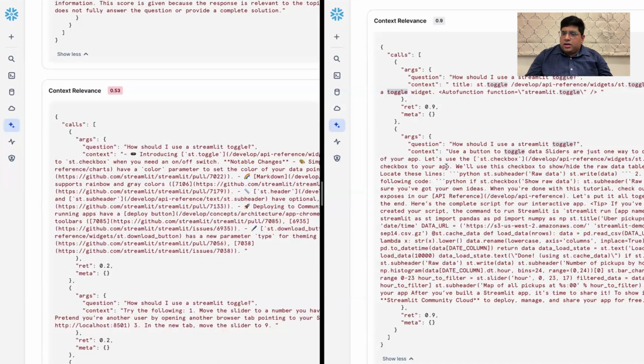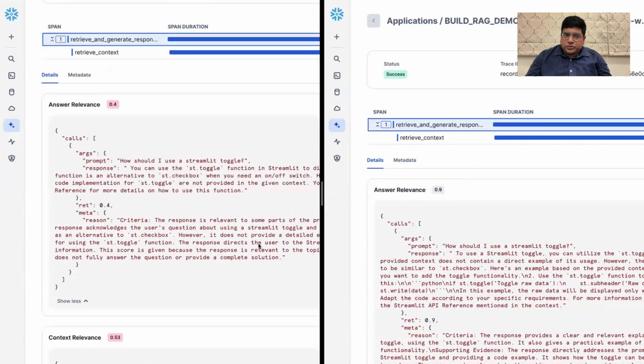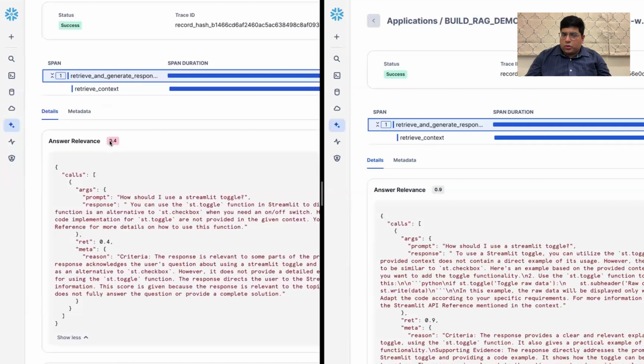While here, because I'm filtering out anything that has a low context score, only the 0.9 score contexts were retrieved, and finally that improved the answer's relevance. So you can see that the final response answer relevance was 0.4 here and a 0.9 here. So in this way,